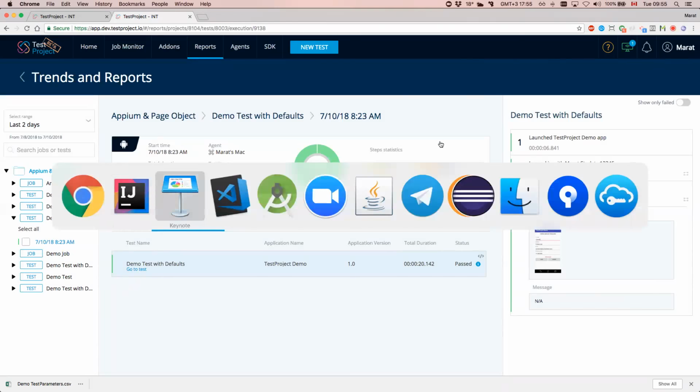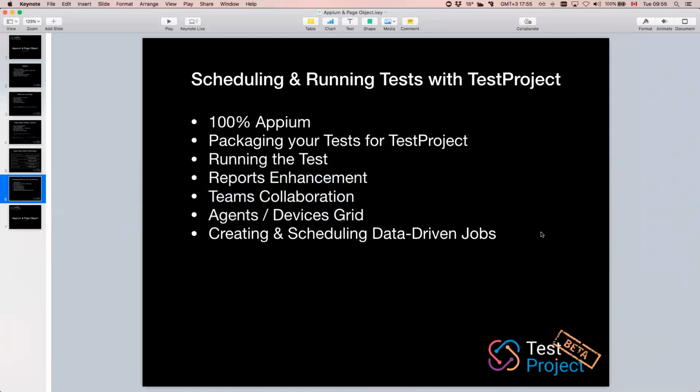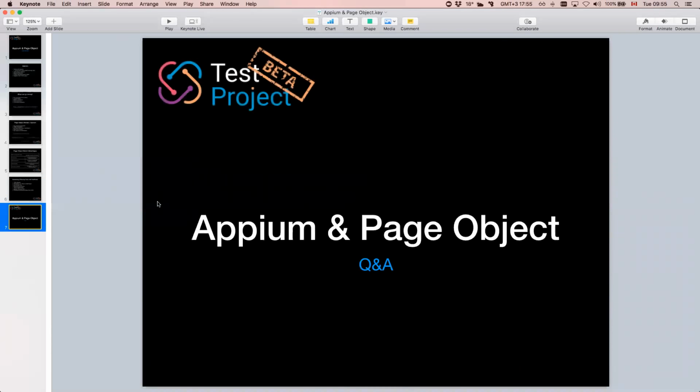Going back to the presentation, I think that it is time to summarize what we just saw. So we started with implementing a pure Appium test, which is performing a login sequence on a demo application that has been developed for this session, and a negative test performing the same sequence with the wrong password and fails because it stays on the